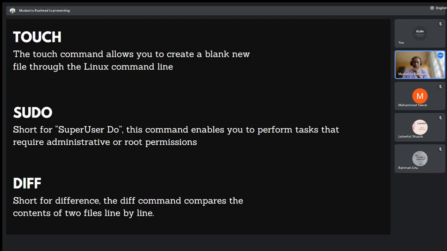Okay, the last command that is important to us as learners trying to learn Git and GitHub is diff. So diff is short for difference. Maybe I have two files, file A and file B, and there are some lines in those files that are the same. I will show an example that will make it very clear. There are some lines in those two files that are the same, and there are differences between them.